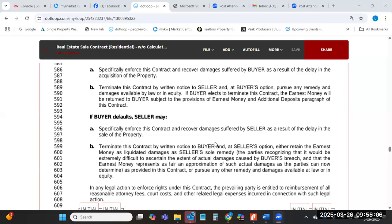So if the buyer's the one that defaults, let's say we get 5 days before closing, the buyer says, I've changed my mind, I've gotten cold feet, I'm not going to perform. All right, what can the seller do then? So yes, the seller can ask for specific performance also. The seller has two choices here, that the buyer didn't have. The seller can release the buyer from the terms of the contract and take them to court for damages, or